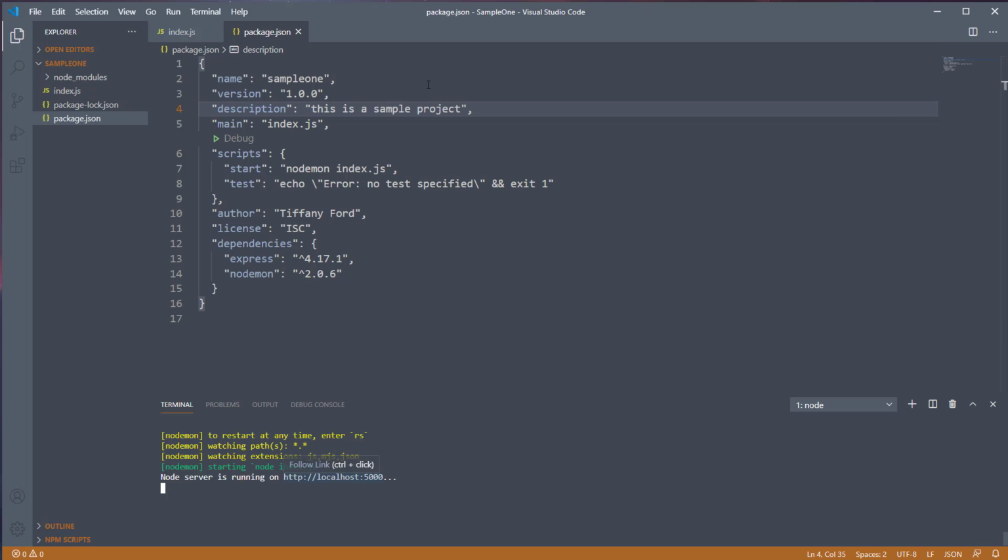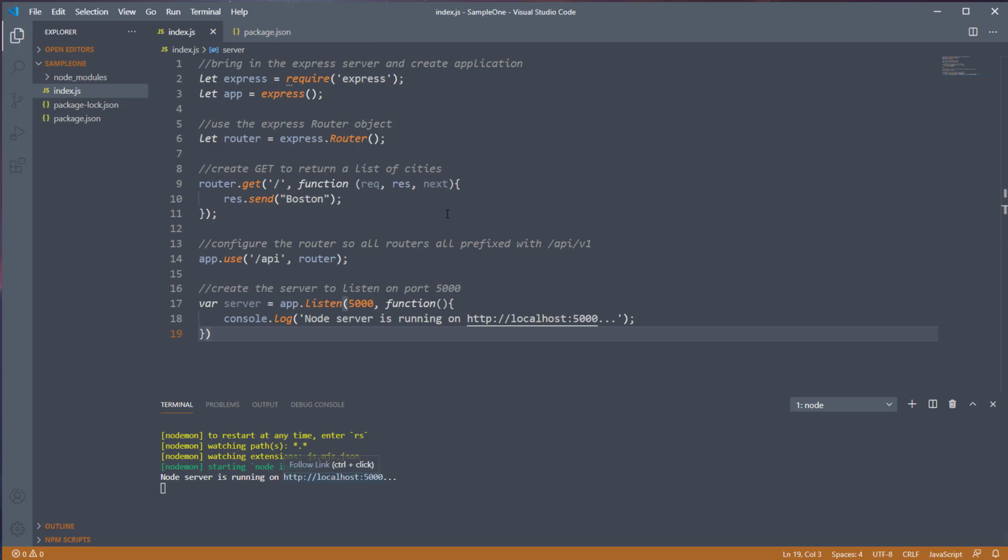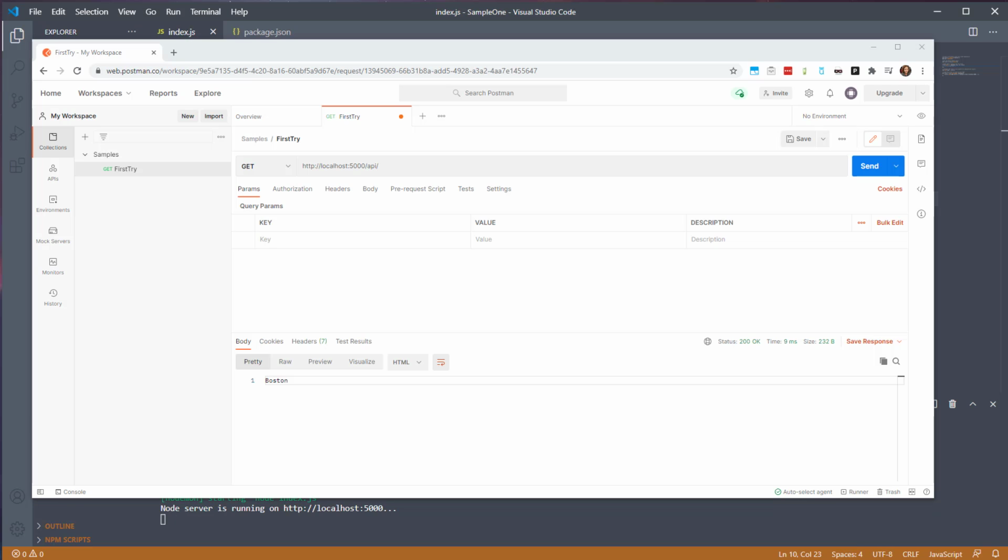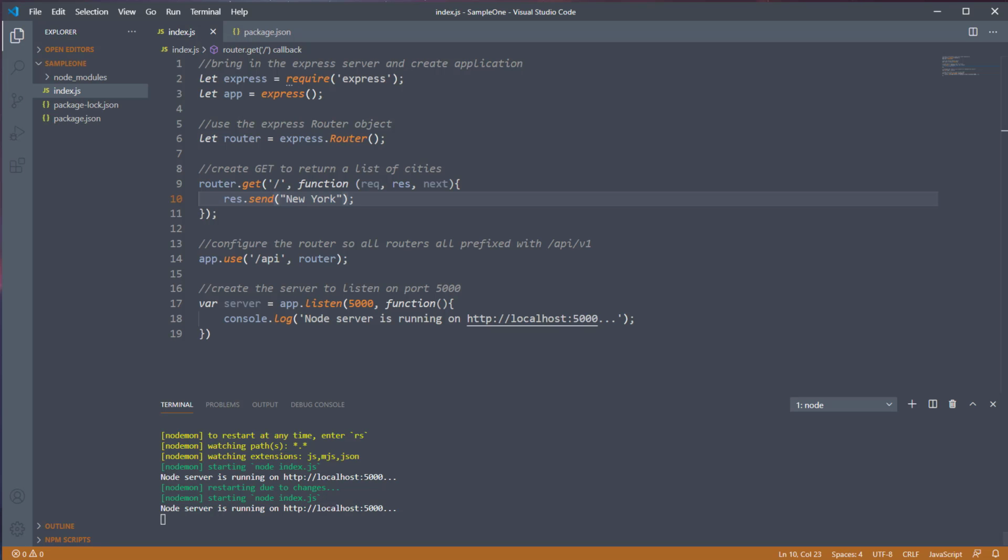So before we wrap up, one of the things I want to point out is why we're using Nodemon. If I come in here to my function and I change this from Boston to, let's say, New York, and I save that, you see automatically when I saved, Nodemon went ahead and updated that for me. And if I come back over to Postman and click send, I should now see New York as that response. So at this point, you're all set up and ready for further